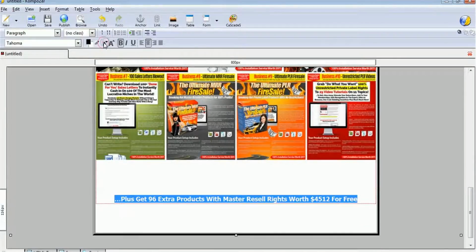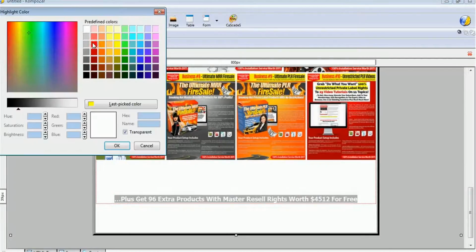Yeah. Now we're going to try to match the sales page on this text. They had this highlighted in red. So we'll take the highlighter tool, we'll pick a red, okay,